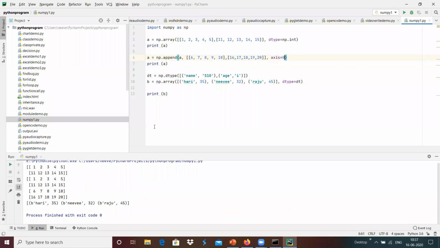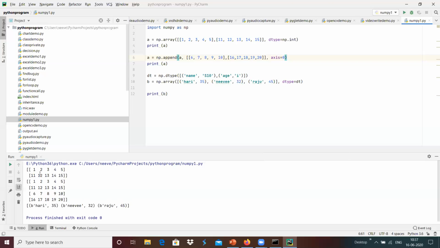We can append two arrays, but both should be of the same dimension. For example, this has a two-dimensional array, and if we wanted to append another one, it also has to be two-dimensional.